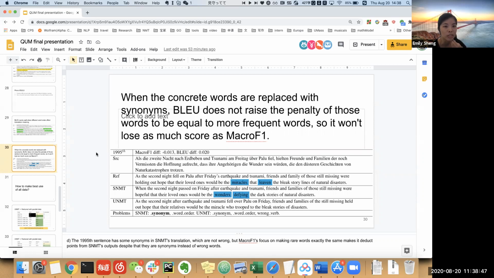Do you think these could or should be used together? Or do you think one is more important than the other or anything like that? I guess for BLEU and macro F1, a lot of other works show that BLEU has weaknesses and should